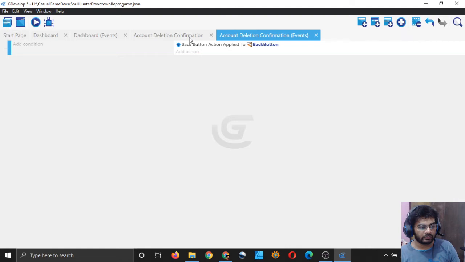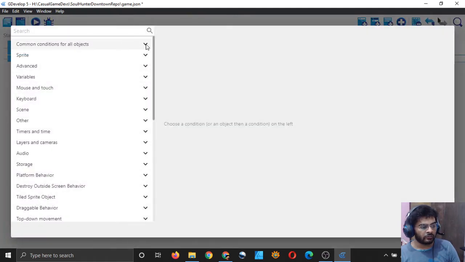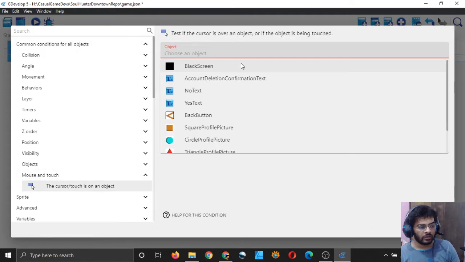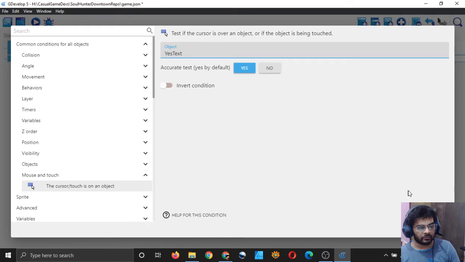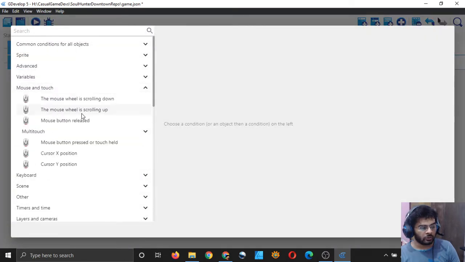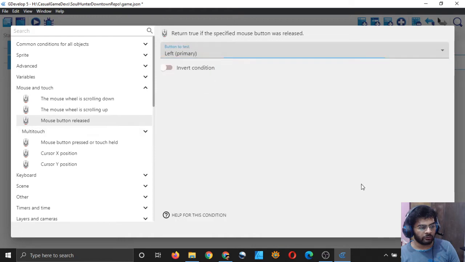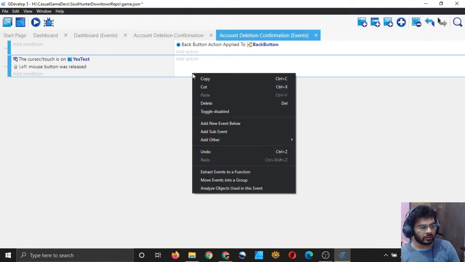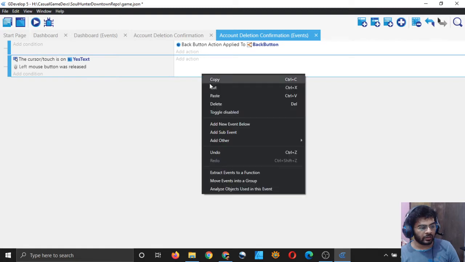And add another event and add a condition, common condition for all objects, and go to mouse and touch and choose this one, and choose yes text first, and then also you should go to mouse and touch, mouse button release, choose left button and click on OK. So that's good, and just simply click here and right click and copy this, and click here, right click and paste.